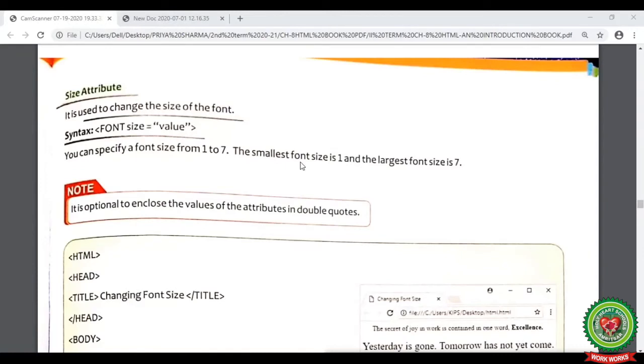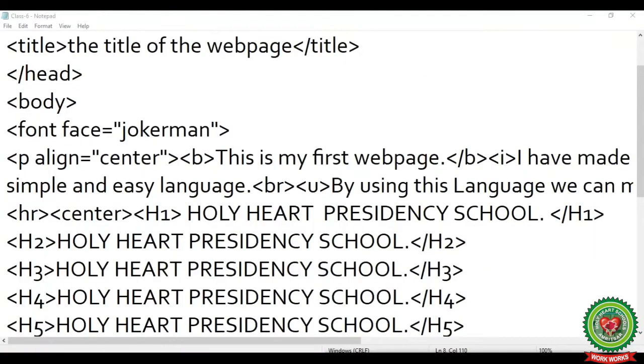Let's do it practically now. Open your notepad file. Here you will see within the font tag we will apply the size of the font. Place your cursor in the font tag, give space, type size equals to, for example, I want to increase the size of the font by 25.